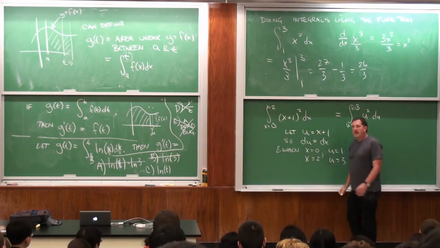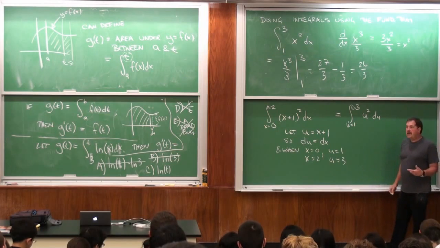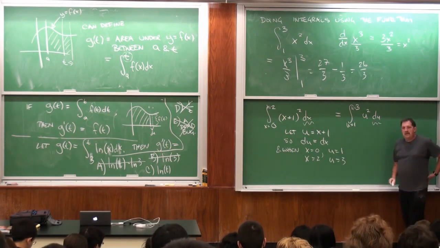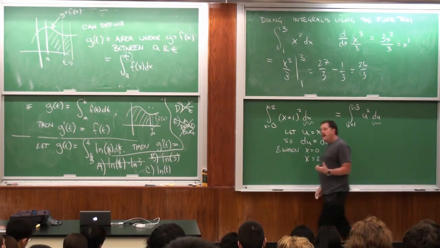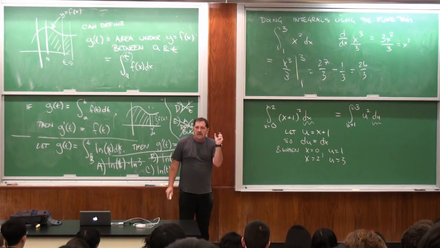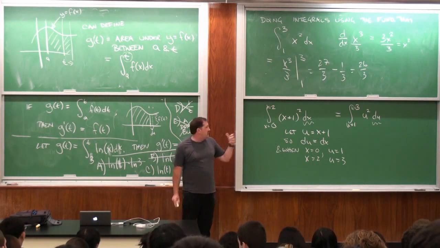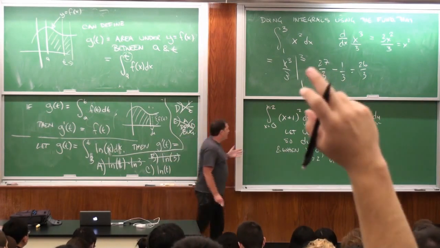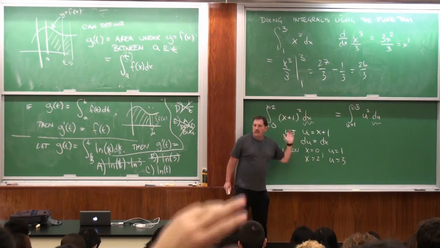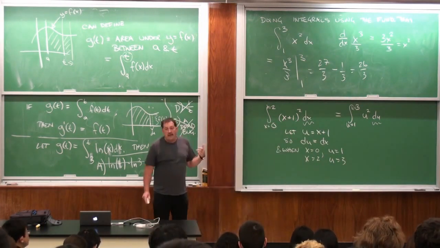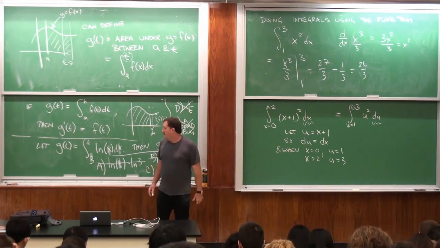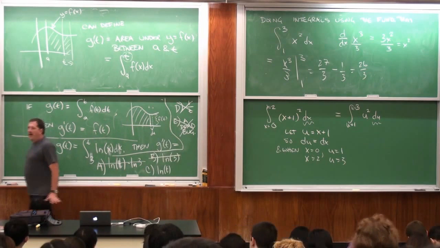So when I write everything in terms of u, this is u equals 1, u equals 3, x equals 0, x equals 2. I want to emphasize, and I'll say more about this next time, it's important to write this dx and this du. These are akin to using the units in science. dx is like meters, and du is like feet. Now here, I've just shifted my feet by 1, so they're the same. But in other examples, which I don't have time to do today, but I will do on Friday, dx will vary. If you're having problems